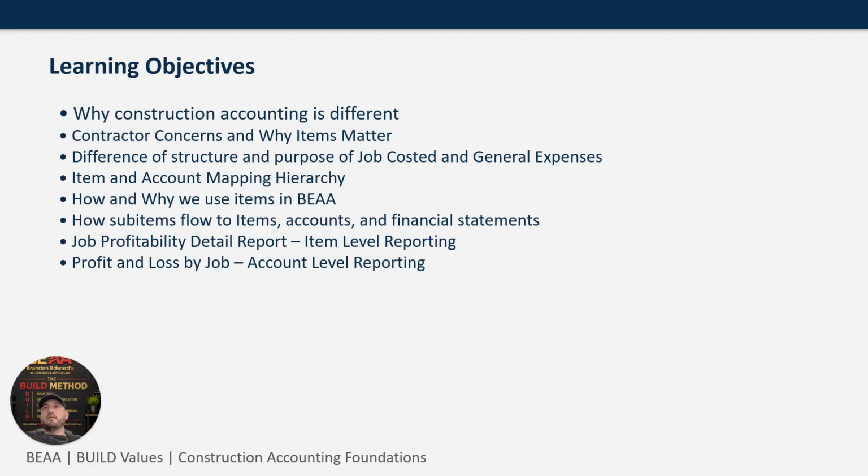contractor concerns and why items matter, difference of structure and purpose of job costed and general expenses, item and account mapping hierarchy, how and why we use items in BEAA, how sub-items flow to items, accounts, and financial statements, job profitability detail report, which is the item level reporting, and then profit and loss by job, which is